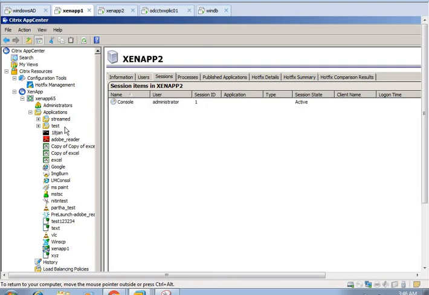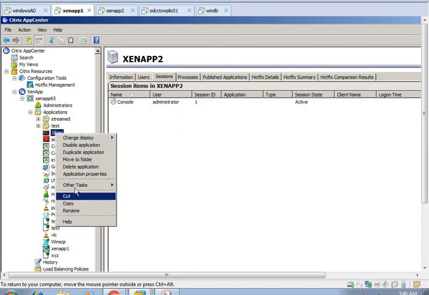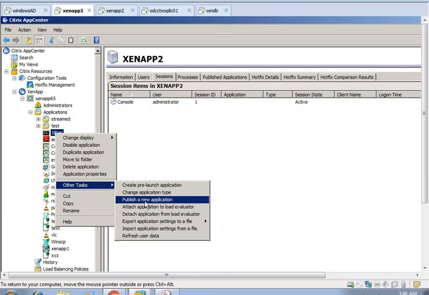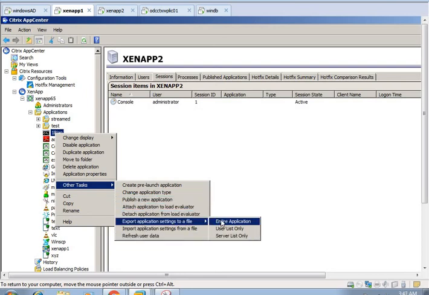One more thing: in case you have some typical or critical applications in the environment, you can take an application backup. Just right click on the application, go to the export option, and export the application file. I will export the entire application.